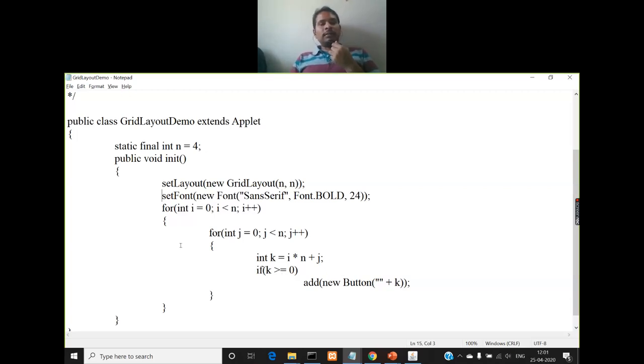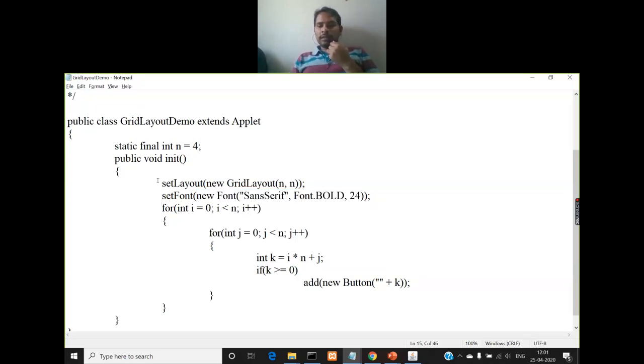So what I'm doing is I'm calling the setFont method, and in this setFont method I'm directly instantiating the Font class by mentioning the font as SansSerif and font style as Font.BOLD, so the letters will appear in bold, and the size of the letter will be 24. I need not explain it much because we have been using this setFont method very extensively in all our programs since long back. So there is not much to discuss about this one.